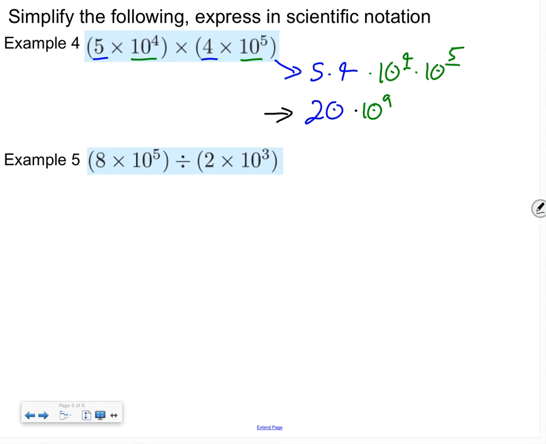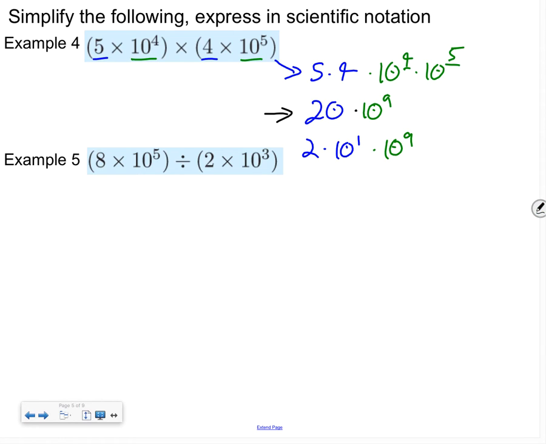So I know that I can write this as a power. What times powers of 10 can get me 20? It's going to be 2 times 10. Okay, I'm going to put a 1 there, just as I'm using my laws of exponents. I know I have times 10 to the 9th. So now